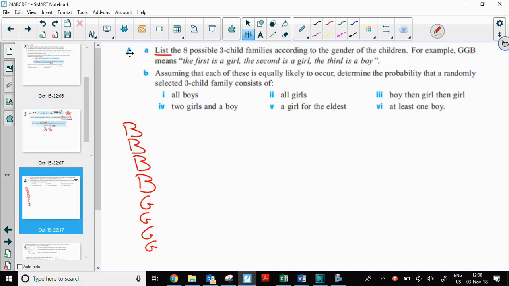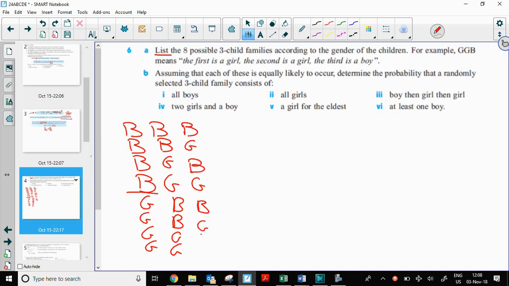I'm going to write it down 4 boys and then 4 girls, because it's half and half. We know there's 8 different possibilities here, so there we go. And then for the second child, I'm going to alternate, but this time it's going to be 2 and 2. And then the third one is going to be every other one. And that's all 8 of the possibilities. And I knew there would be only 8 options here, not only because the problem said so, but also if